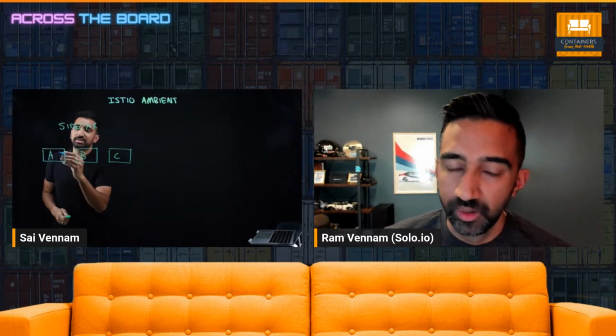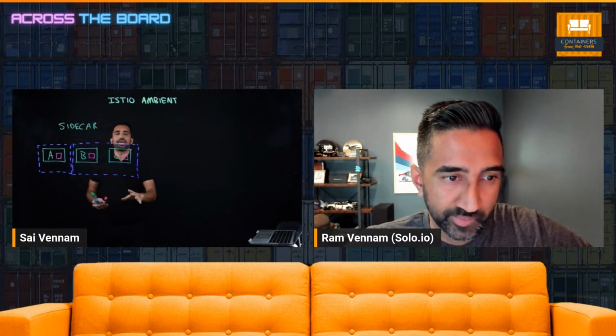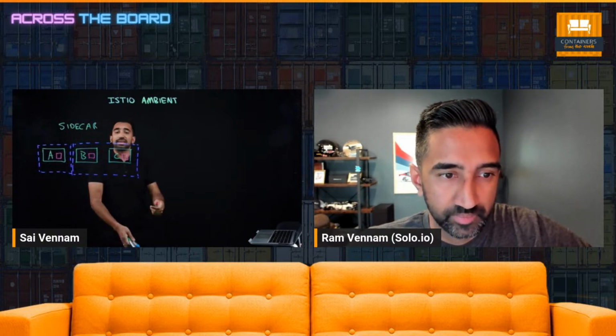Let's actually put these in nodes as well. Worker nodes, or the data plane in Amazon EKS, basically EC2 instances where these applications end up actually running. And we'll have a sidecar in this as well. So Ram, help me walk through how in a traditional sidecar-based Istio deployment on an Amazon EKS cluster,